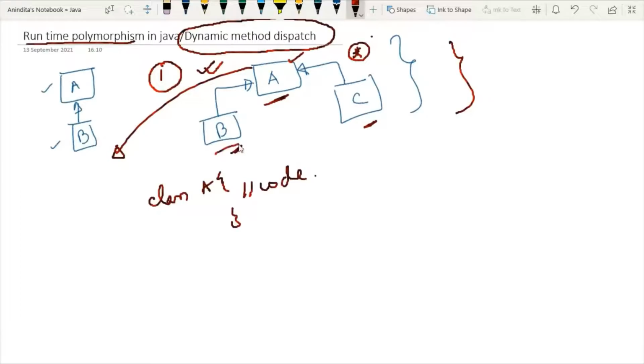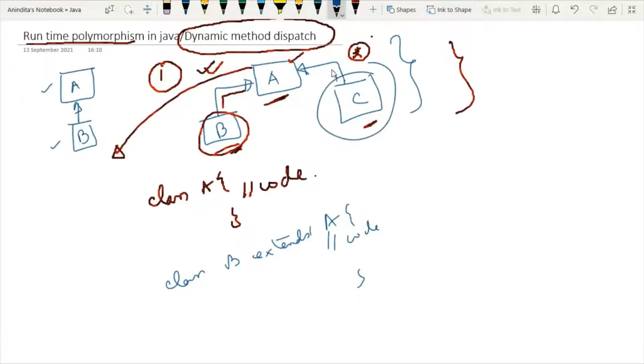Then this is a class B, so class B is extending class A. So I will write class B extends class A. Done. Then class C also extends class A, so I will write class C extends class A. So this is the first concept.